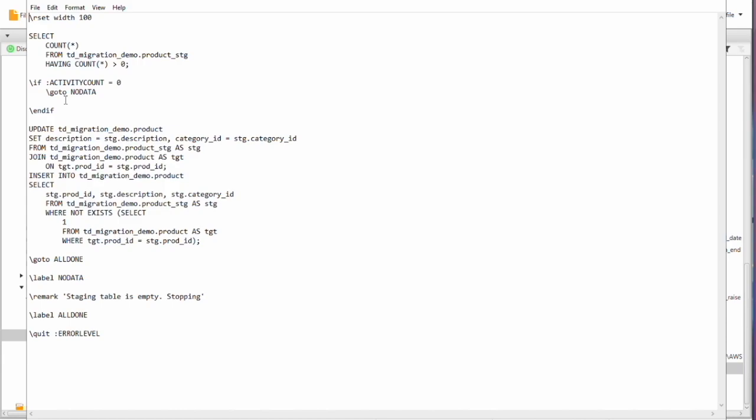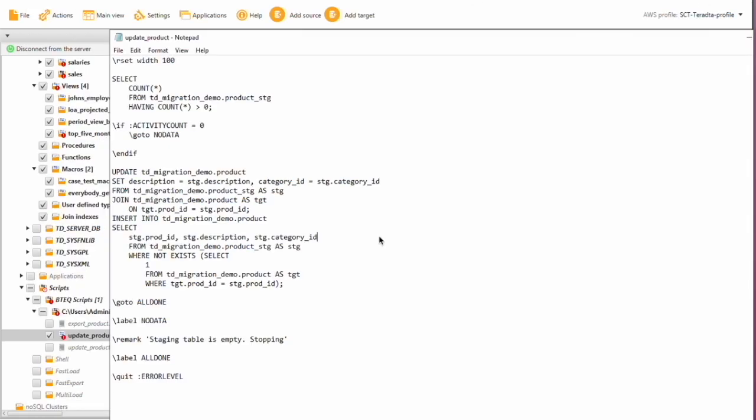It has an update and the quit, same as the BTEQ side. In today's demo, we have seen how to connect to a Teradata system. We have seen how to convert tables, views, objects from Teradata to Redshift. We have seen how to handle some of the proprietary features from Teradata to Redshift. We have seen how to load the data from Teradata tables to the Redshift side. And then finally, we have seen how to convert a BTEQ script to an Amazon Redshift RSQL script.